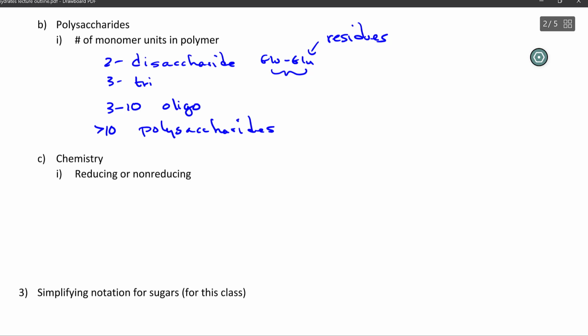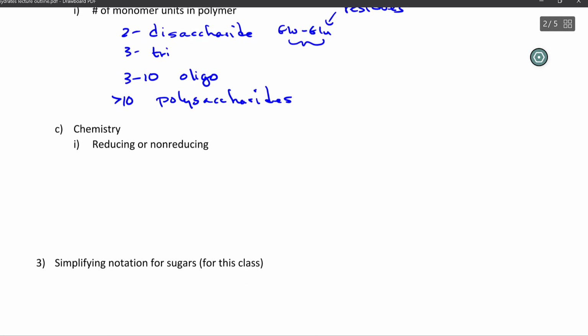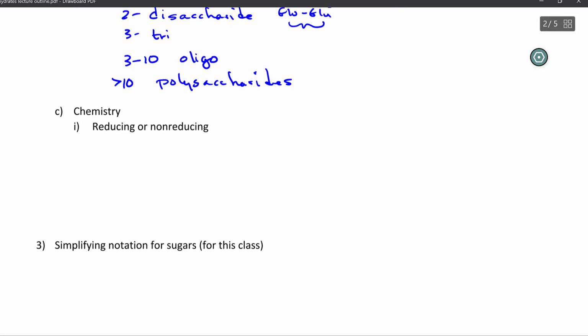Another classification we use has to do with the redox chemistry. For example, silver ion can be reduced by glucose. So if I take glucose and I combine it with silver oxide, and this is done in a basic ammonia-like solution, and we'll get to that in a little bit, you can get the oxidized glucose,